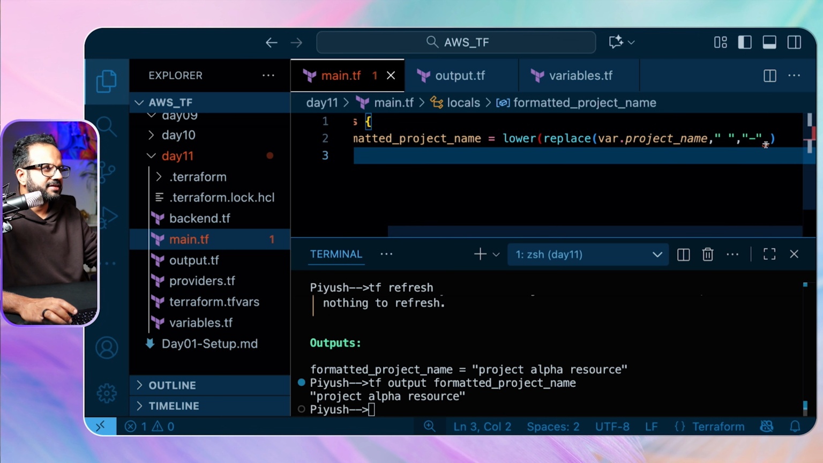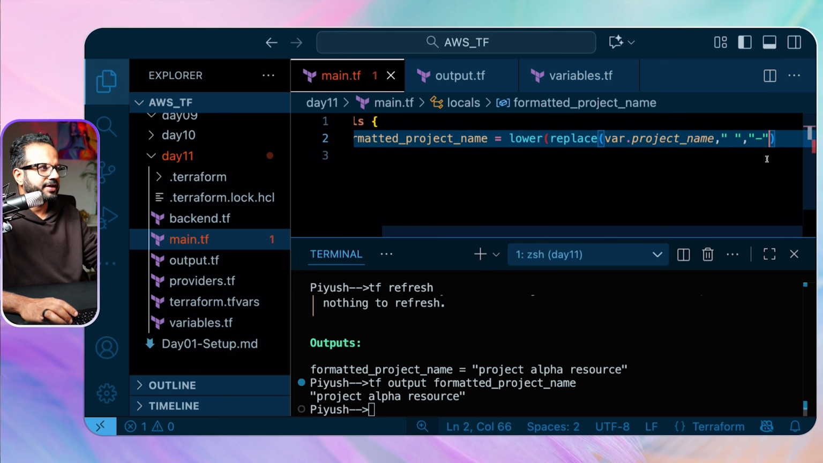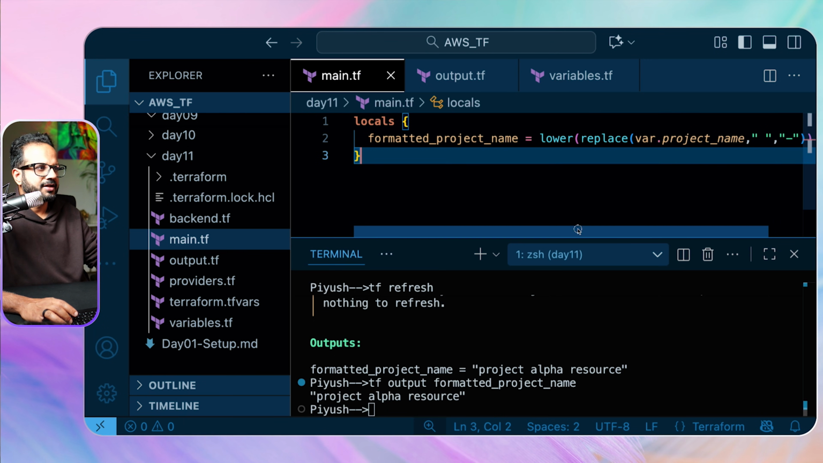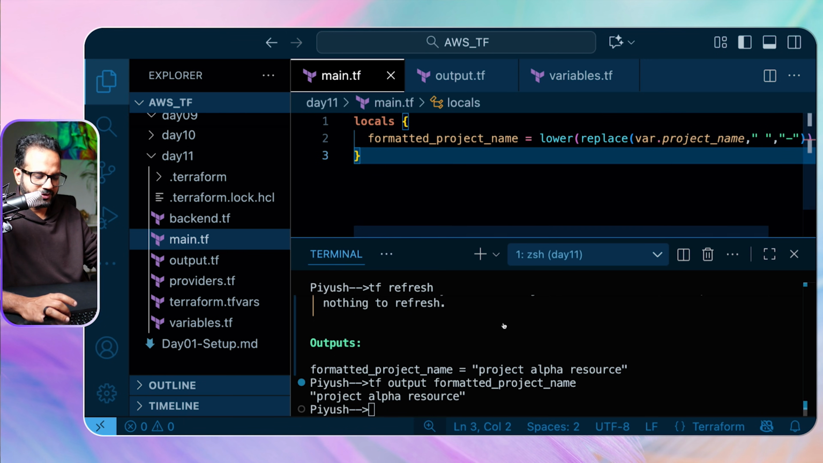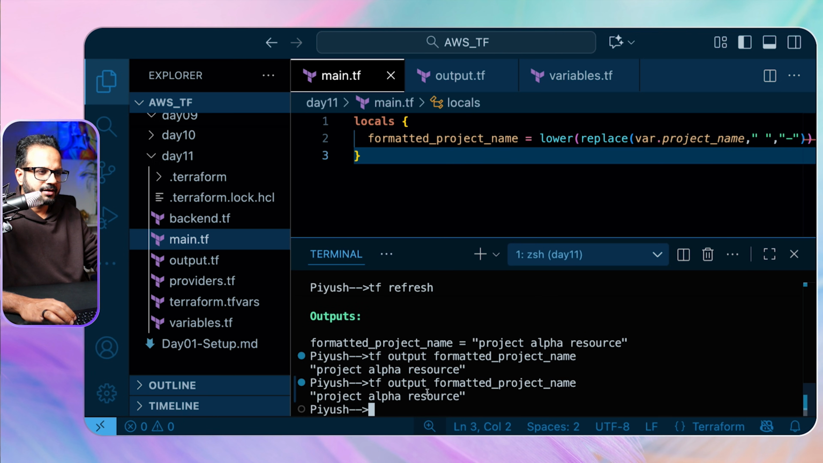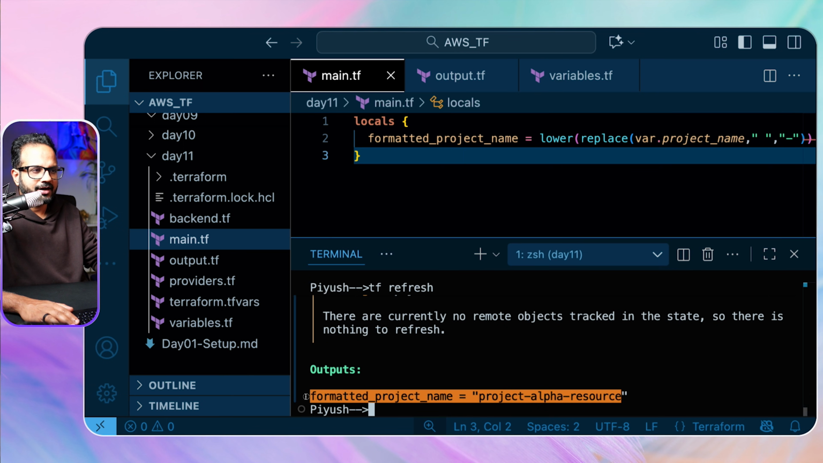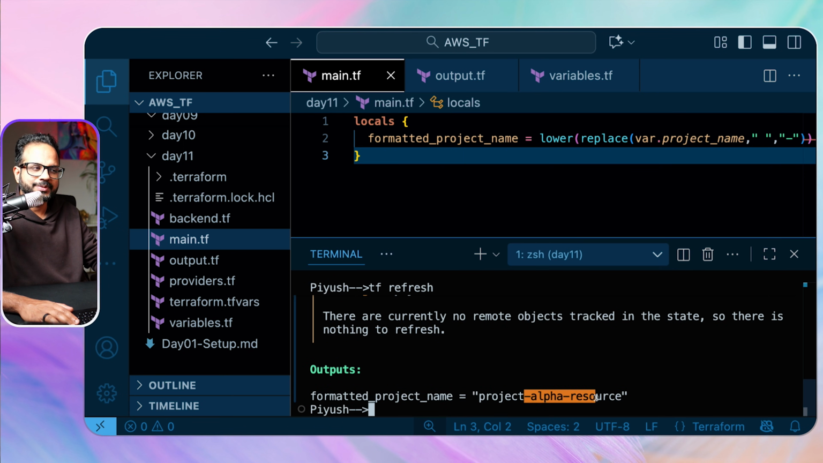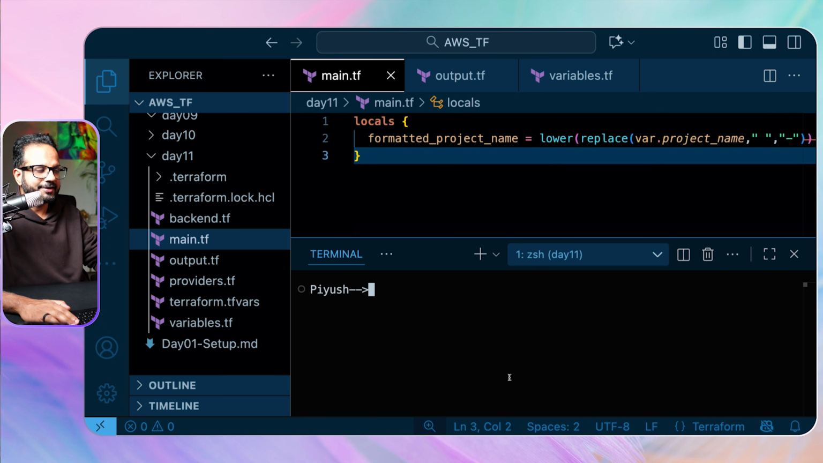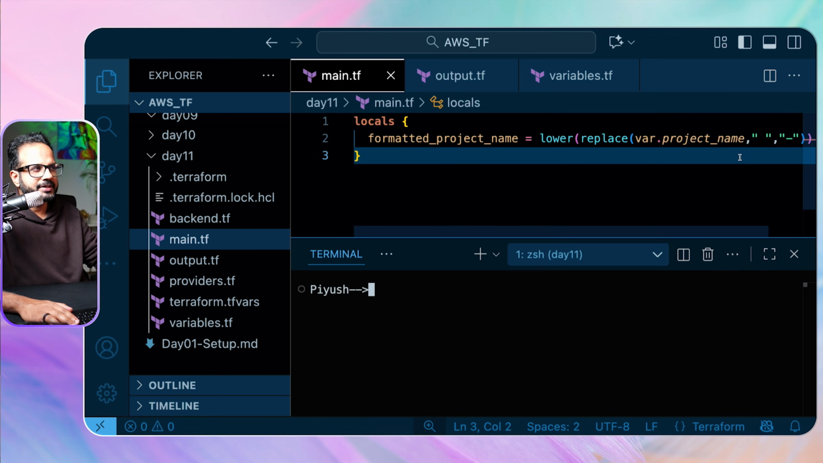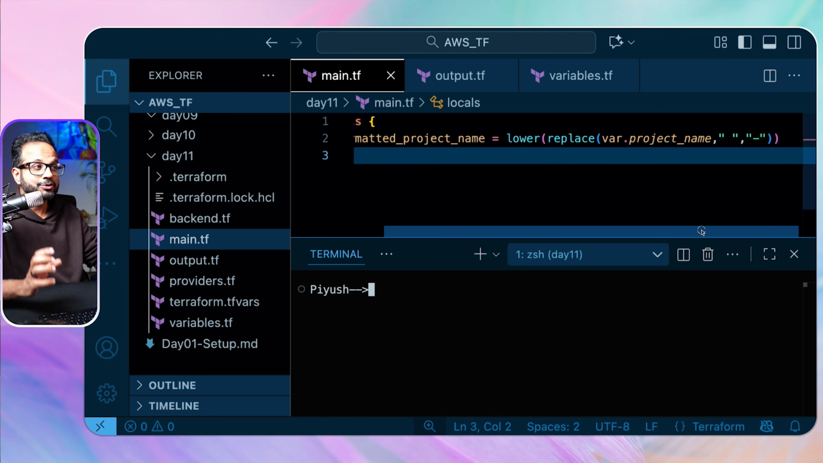Okay, I think there is a syntax error over here. All right, so this is how it would look. Now let's do terraform output again. Okay, it did not do anything because we have not run Terraform refresh yet. Because we have not applied the changes, it's not reflecting the changes. So if I do Terraform refresh, now it is showing the output formatted correctly, like spaces have been replaced by hyphen. So that was how you can do lower, upper, and replace, and you can use multiple functions